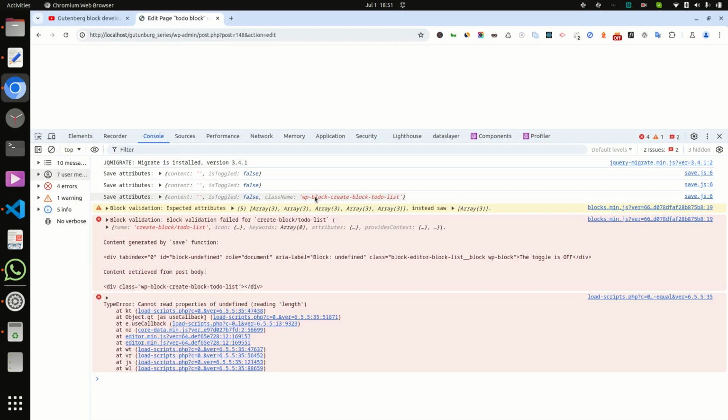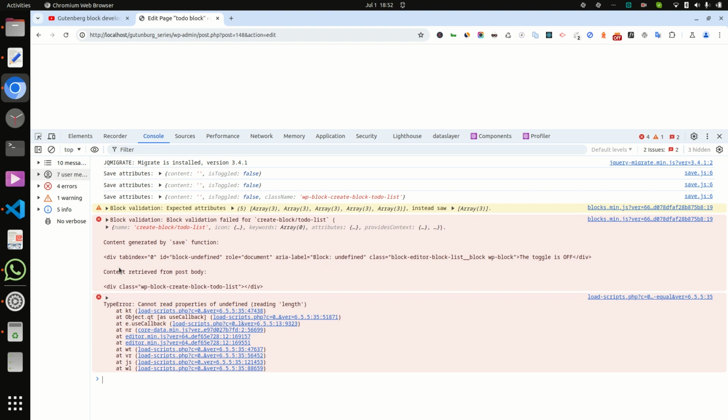And if I talk about the issue, in the console it is showing something undefined, like content generated by save function. So that means we have to check inside save.js.